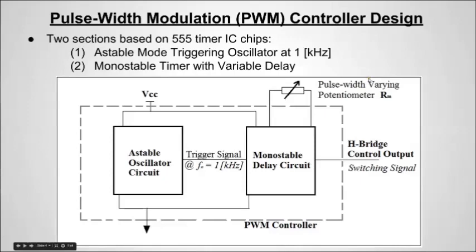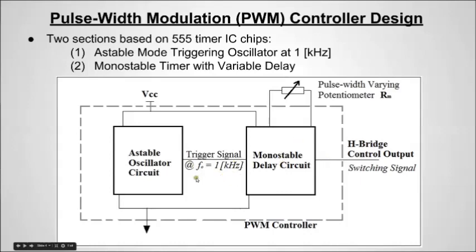The pulse width modulation controller design was based on 555 timer IC chips. My project used a 556 timer chip, which is just two 555 timer chips in a single package. The 555 timer can be used in different modes of operation. Astable mode creates an oscillating circuit with feedback. Monostable mode is a one-shot delay signal circuit, which will create a single high duration pulse for a given triggering